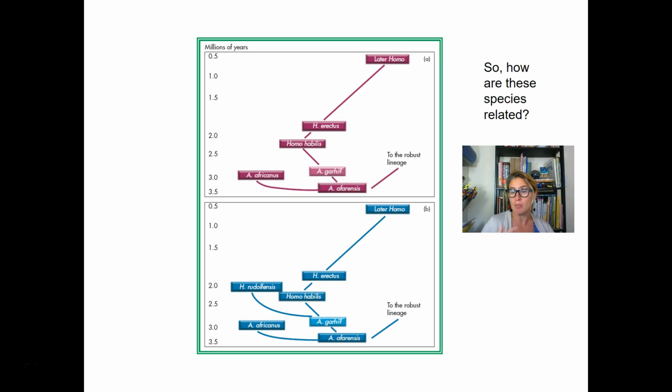So we're using the comparative method, comparing these fossils to other fossils, but we're also using all kinds of little detail that we glean from the environment that these fossils would have lived in. So we're thinking about the climate, we're thinking about the plants, we're thinking about the animals that lived during this time. All of that detail we have from multiple fields of study, along with detailed studies of these skeletons as well. And so there's several different scenarios that suggest perhaps